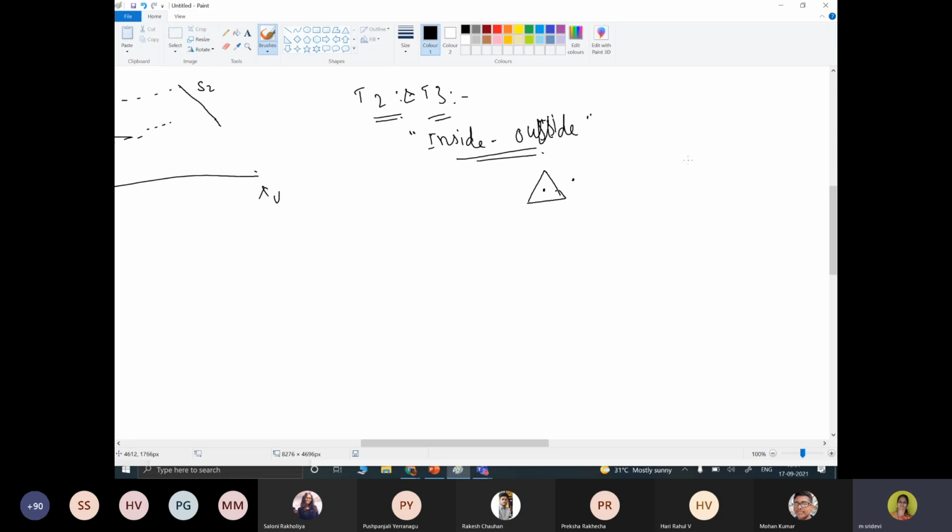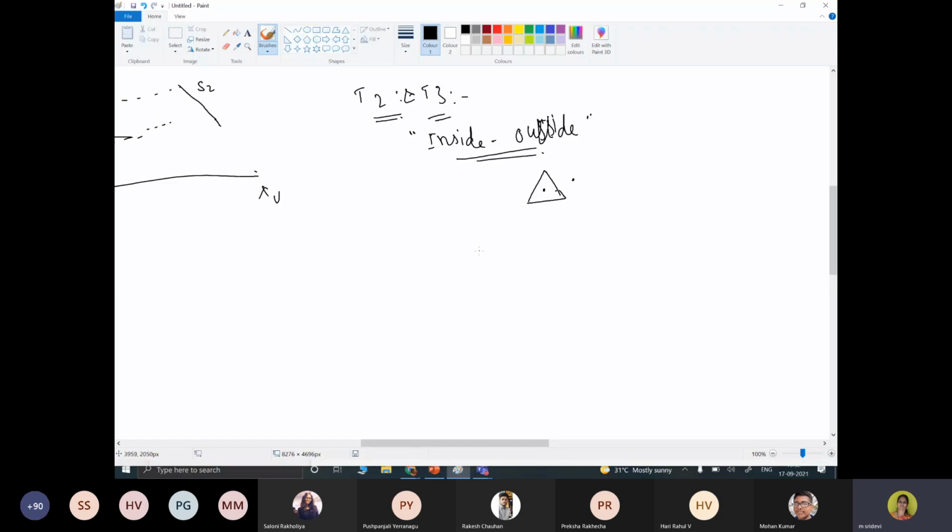Last class, in back face detection, we started with the plane equation ax plus by plus cz plus d equal to 0. Based on the sign, less than 0 or greater than 0, we can decide whether it is a forward or backward point. If the plane equations are set up so that the outside surface is towards the viewing plane, then S is behind S dash, or S1 is behind S2.